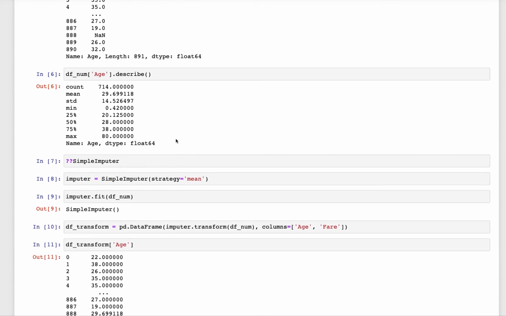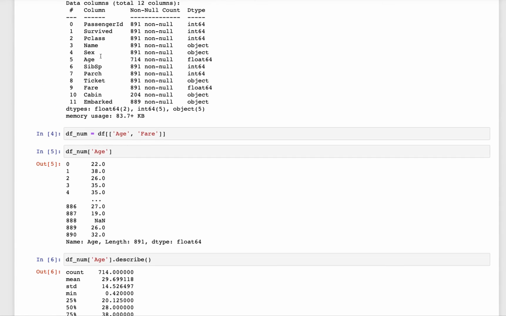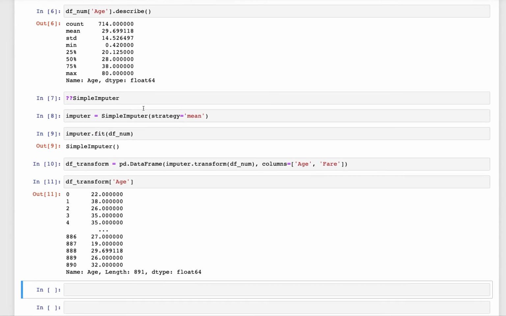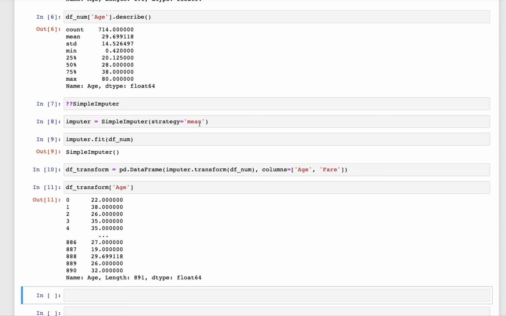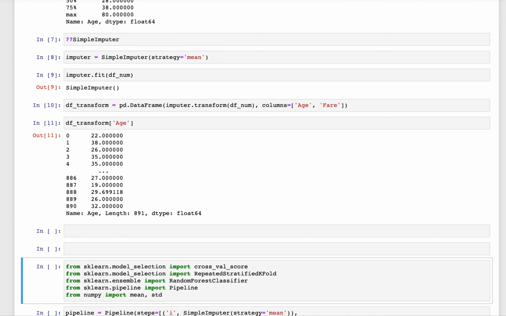Now we will train a simple model. We will just use the age and fare features, and we will use the survived column as our target label, and we will see how different strategies for filling in missing values affect the model performance. So we will create a simple pipeline.